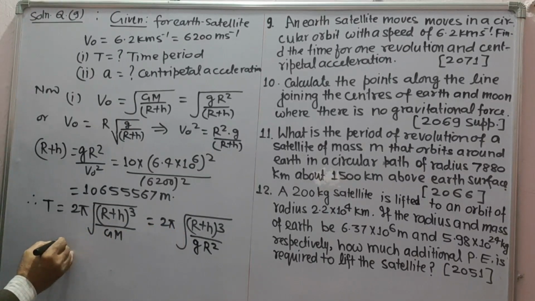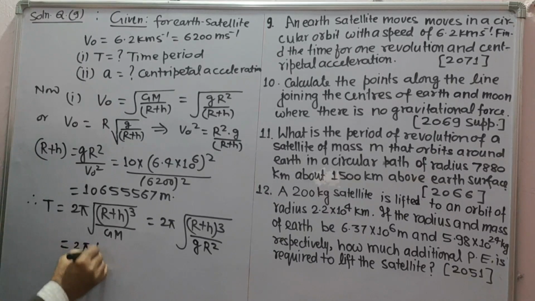Putting the values, we get this as 2π under root